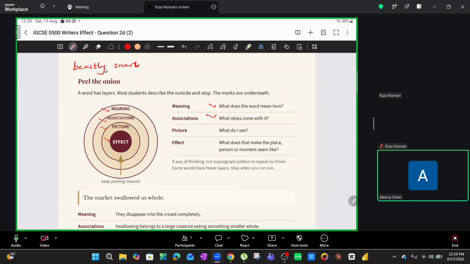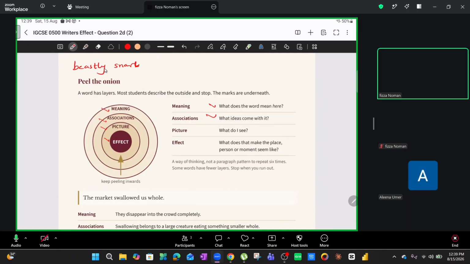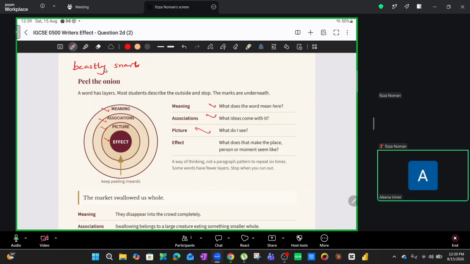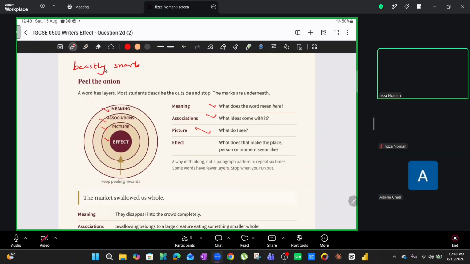हमें ये देखना कि अच्छा, don't go beyond the word, don't go beyond the surface. फौरन से क्या चीज माइंड में आती है when you read a certain word in a different context than what it usually means? That is your association. Make sense? Yes. What do you see when you picture it? What image is created in your mind? मेरे माइंड में एक इमेज आती है कि if I see someone snarling at someone, like a beastly snarl, if I imagine that to be a person, I would literally imagine their face to be like that of a wild animal. ऐसी इमेज बनेगी ना? Yes.